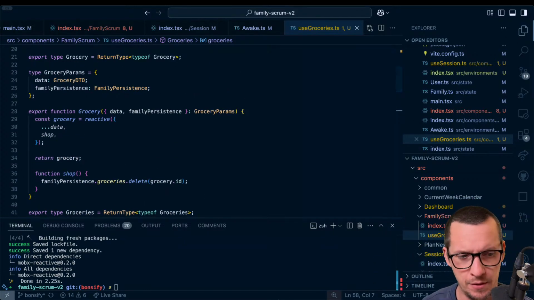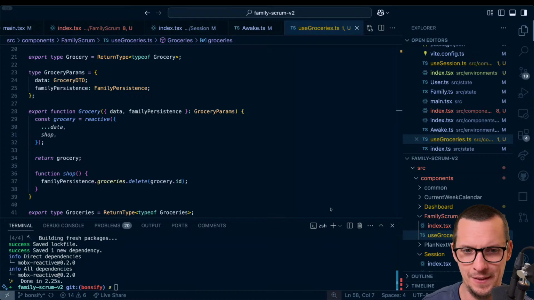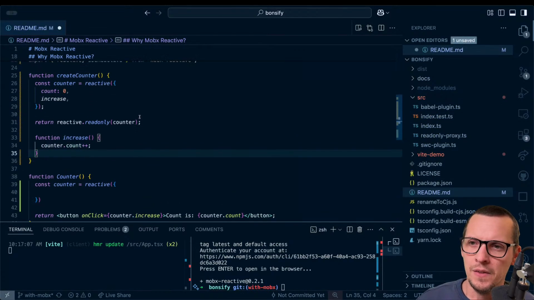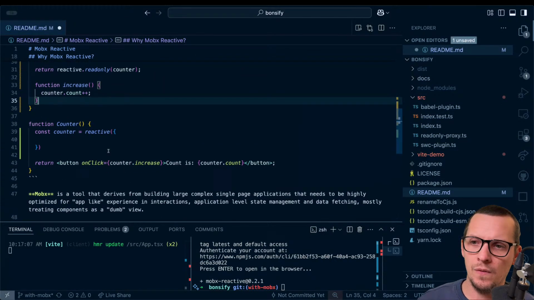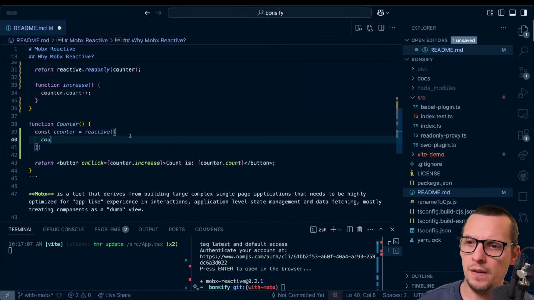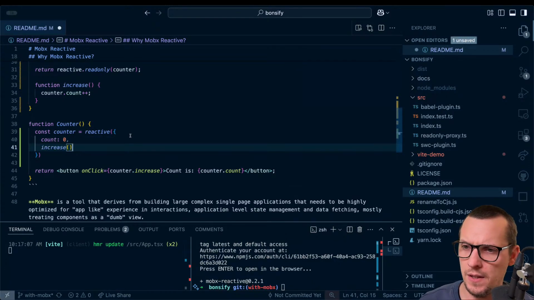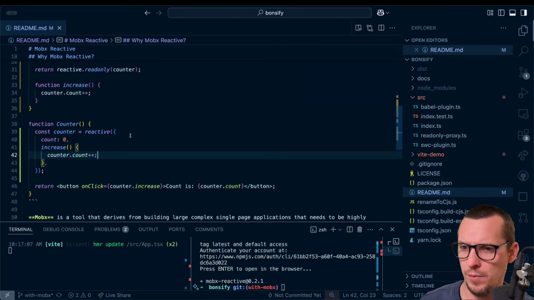Okay, let's jump back to the, so even though increase counter.count plus plus.